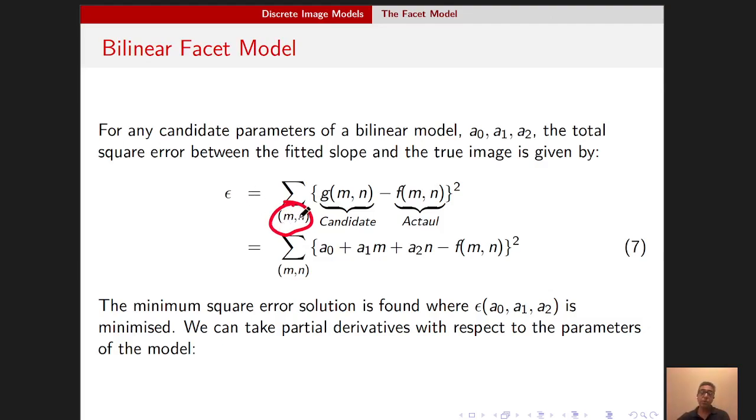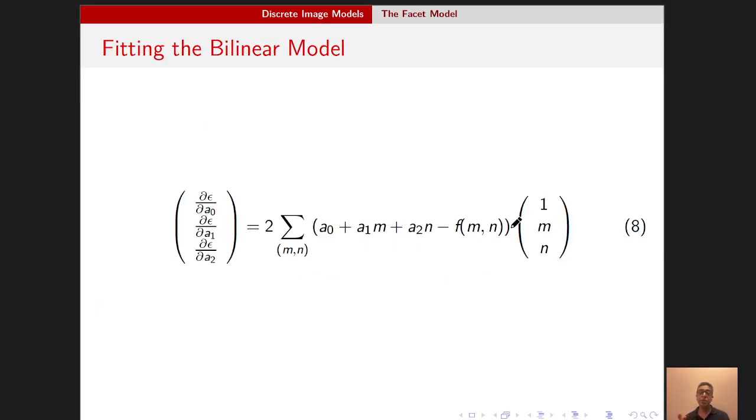But we can also do this over an entire image, which I'll show you a little demonstration of later on. Now, F_mn is an actual measurement, so it's equivalent of our y. G_mn is the prediction of our model, and that is given by this expression here, a0 plus a1 m plus a2 n. And so here's the subtraction, and if we square that and then do a bit of simplification, then